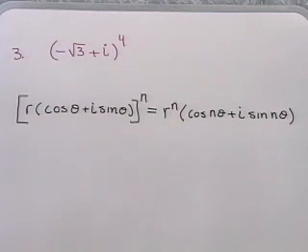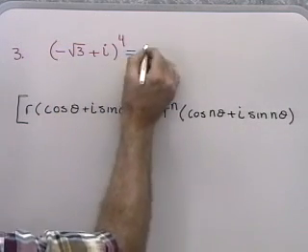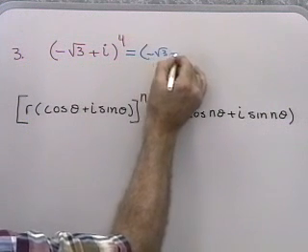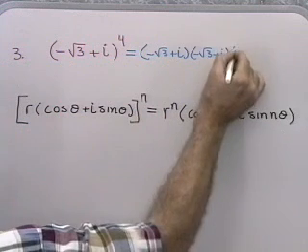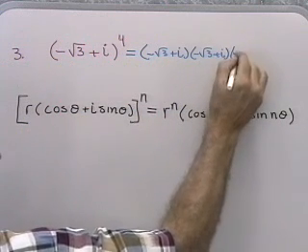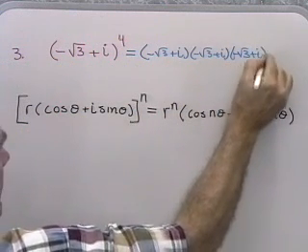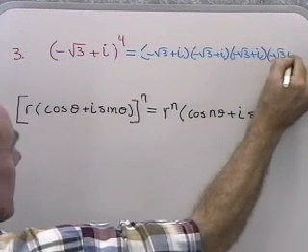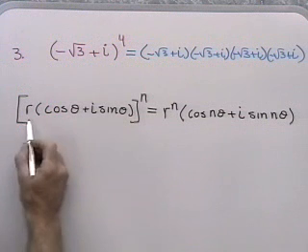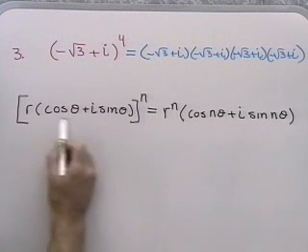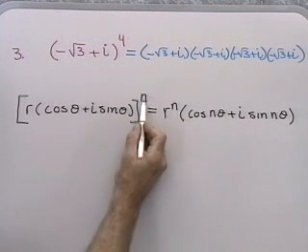If I was going to do this algebraically, that would mean I would have to write negative square root 3 plus I times negative square root 3 plus I times it again, times it again. Now, algebraically, that might take me a while to do. If I can write my complex number in trigonometric form, then raising it to the nth power is simply a